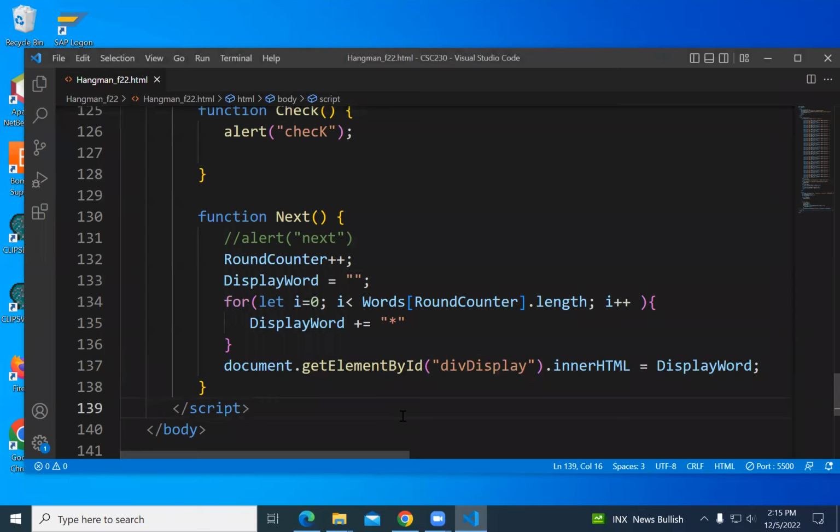So I need some kind of protection when I'm out of words. I have words as an array, so there are two lengths that we're playing with here. There's the length of one of the words, which is what we just dealt with. But now I also want to work with the length of the words array, and I want to make sure I don't try to go beyond there.